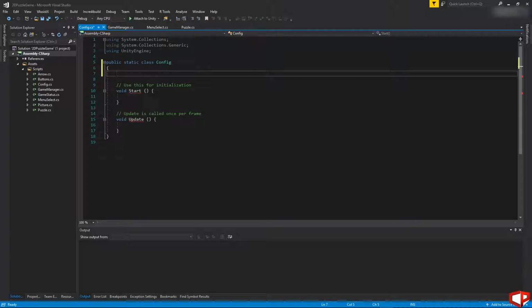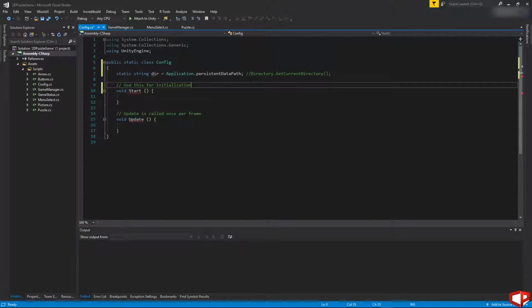First line will be static string dir is equal to Application.persistentDataPath. This is the location where we will save our result file. On Android devices, to get the location, we will use this function, but if we are building our game for Windows, we will actually do Directory.GetCurrentDirectory. So this is the only thing which we will have to change when we are switching between Android and the PC. For now, I will just do it like that,